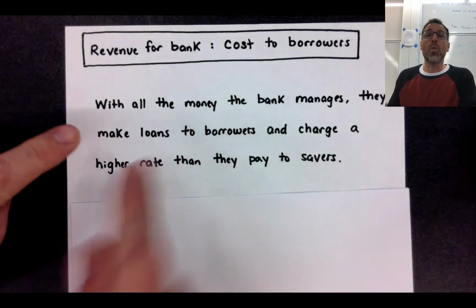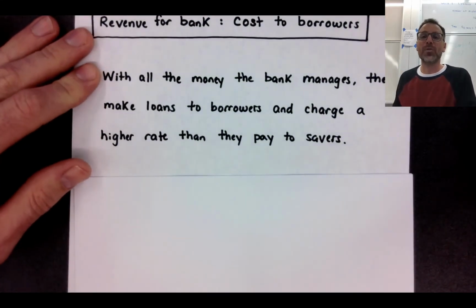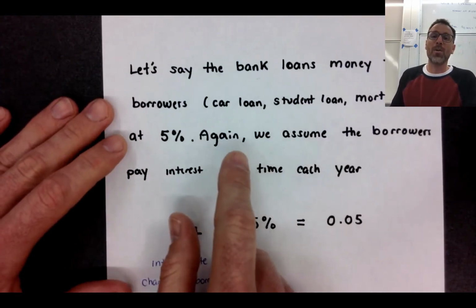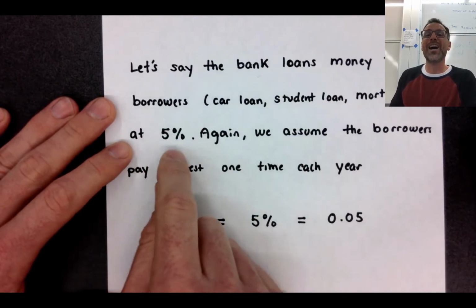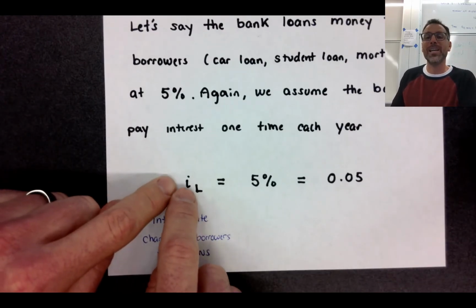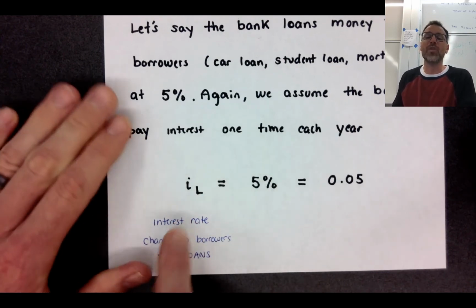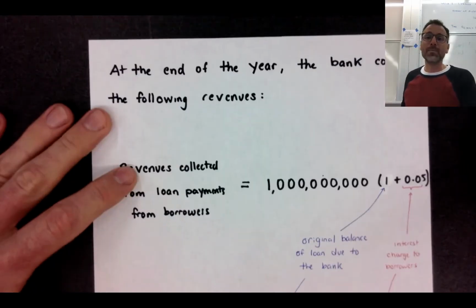So what the bank will do is when they lend out our money to others, they will charge a higher interest rate for that money, right? So when the bank loans money to borrowers, student loans, car loans, mortgages, they'll charge at a higher rate. So we'll say that the interest rate on loans, we're going to assume is 5%. So this is the interest rate on all loans that the bank writes to other customers,